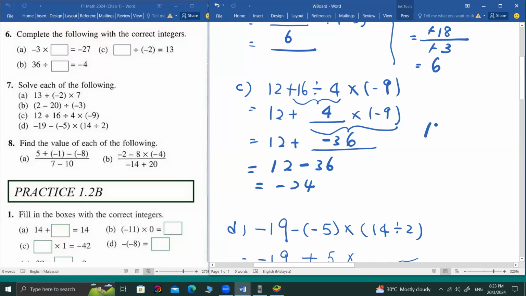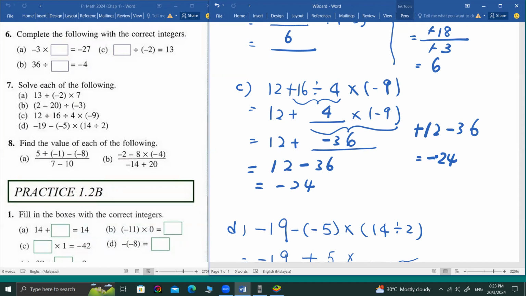Remember? 12 minus 36, I taught you a few weeks ago. When you see the signs that are different, you find the difference. The difference is 24. But when you just see the number, you know that it is negative, right? So you follow negative. Got it? Please do corrections if any of you have done wrong. Don't just leave it like this, okay? Can I send all of you for C?